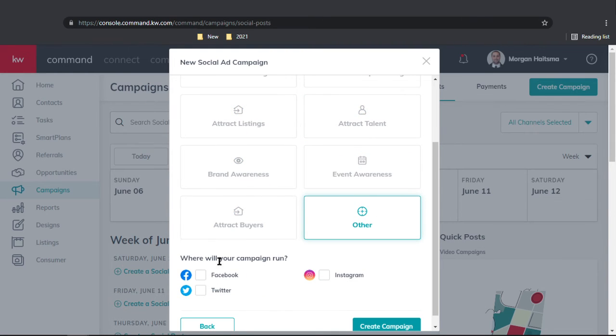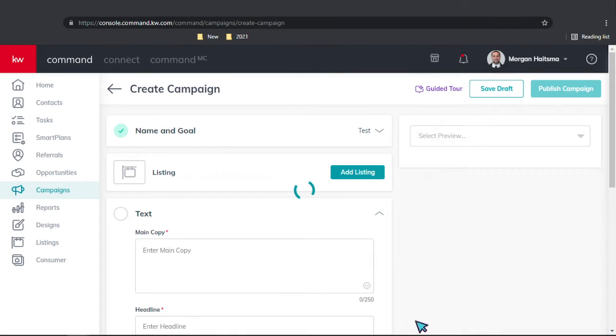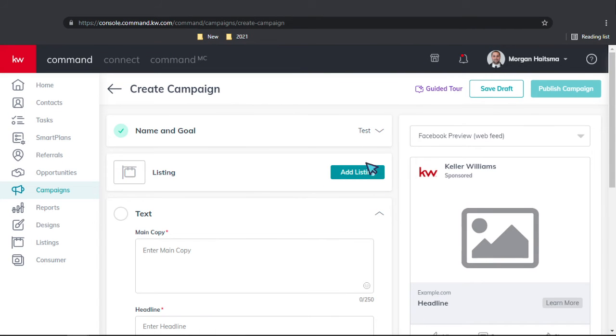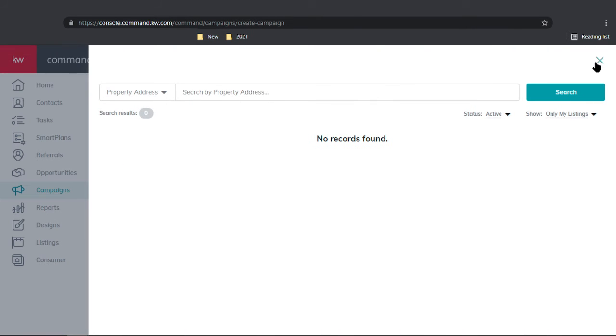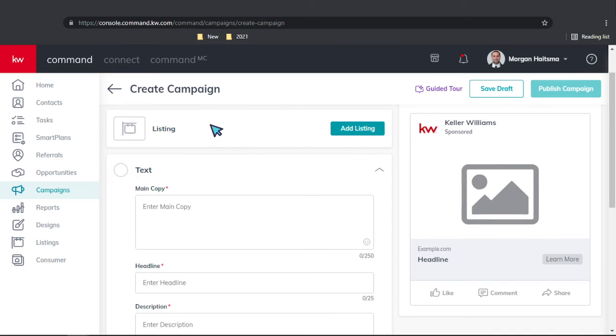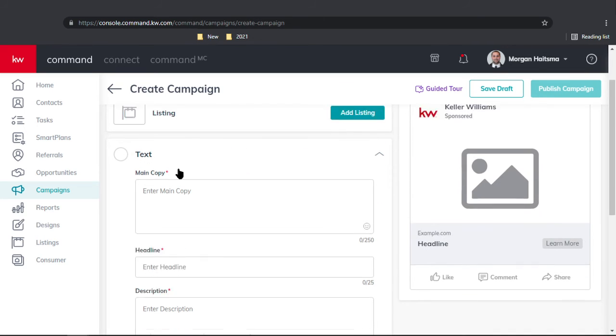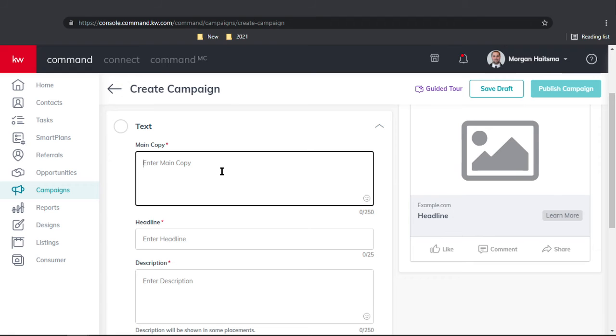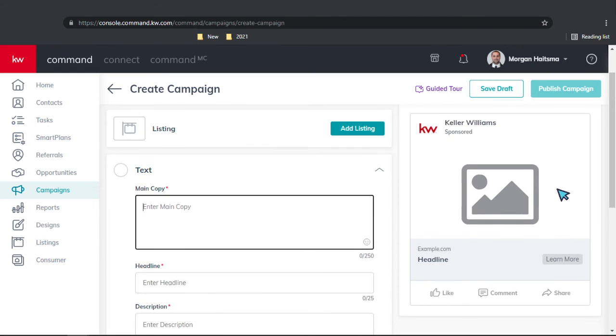And then here for social ad, it'll ask you, do you want to run Facebook, Twitter, Instagram? So I'm going to click on Facebook right here. I'm going to click create campaign. And again, if you run into this listing issue, it's very temporary. Here you have your main text copy. Here you're going to be able to do very much like what we did on the social post. So we can write,